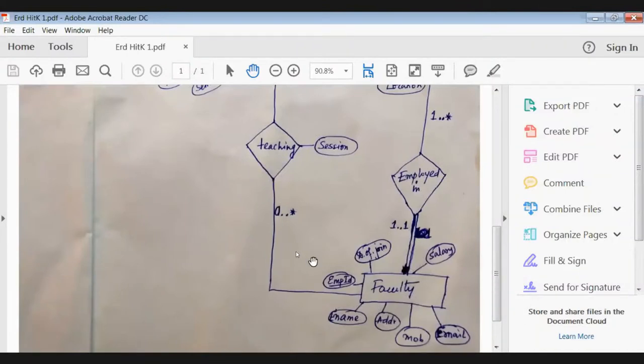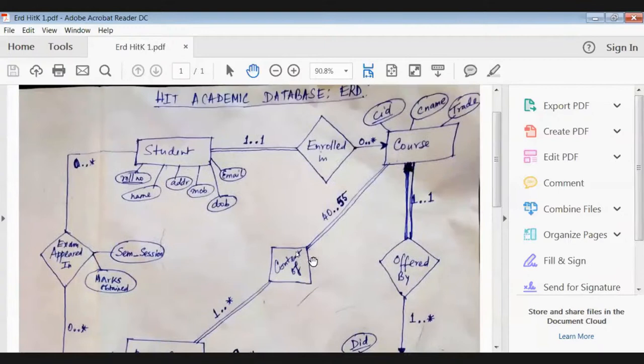So if this is the scenario, let me tell you what I have shown here in the diagram one by one. Here, I have shown all possible things that I have told you. It was not necessary. Total participation is also shown. The arrow representation is also shown.